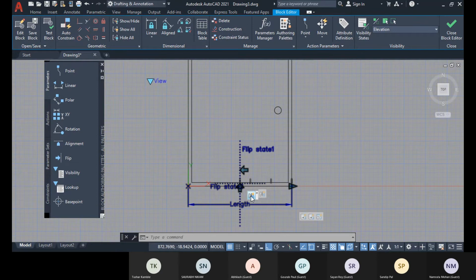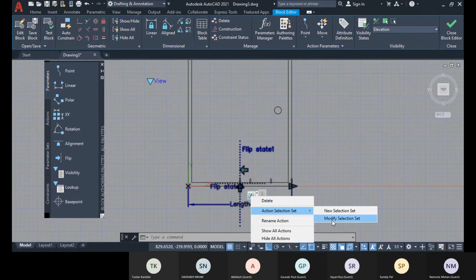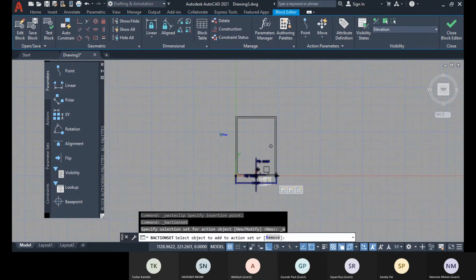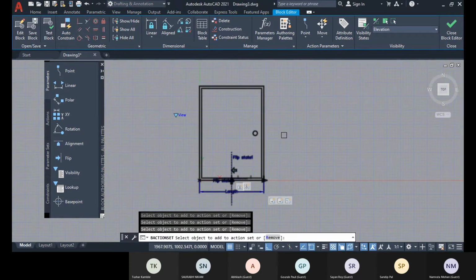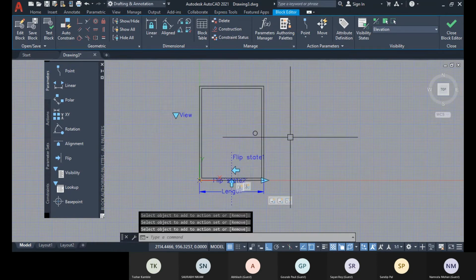So what I can do is I have to associate all these parameters to this object again. So what I can do is I can change it to modify selection set, select these objects, press enter.